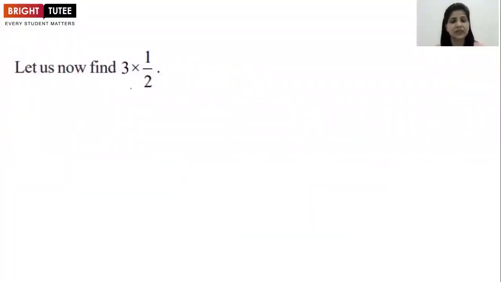Okay, let us now find out 3 multiplied with 1 upon 2. That means 1 upon 2 is coming 3 times. So how can we write it? We can actually mention 1 upon 2 plus 1 upon 2 plus 1 upon 2. And when you add them, it gives you 3 upon 2. Right. Also, just see